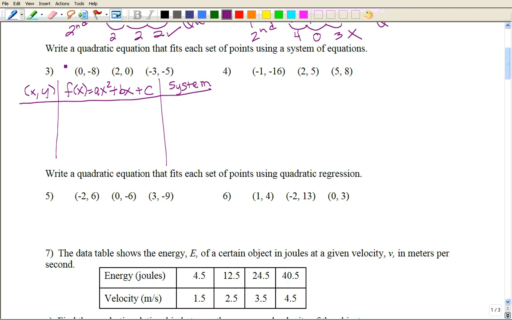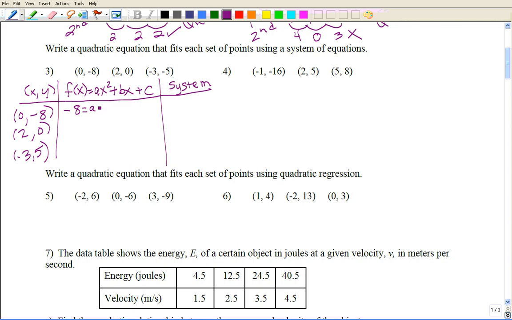Okay, so I'm just going to list the points I have over here. So I have (0, -8), (2, 0), and (-3, -5). These are each x and y values. So I'm going to plug those in to the x and the y, or the f of x, here in the second column. So I have -8